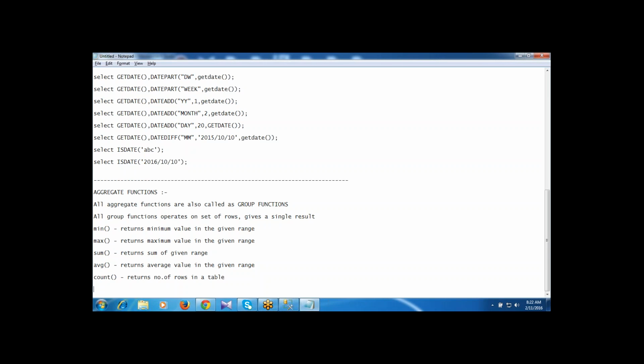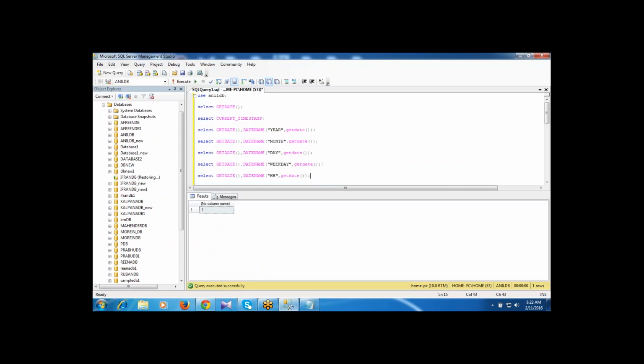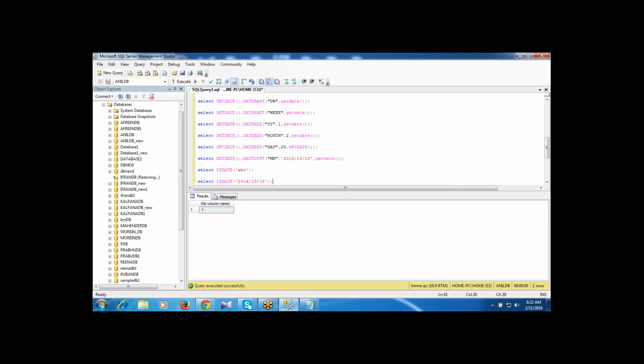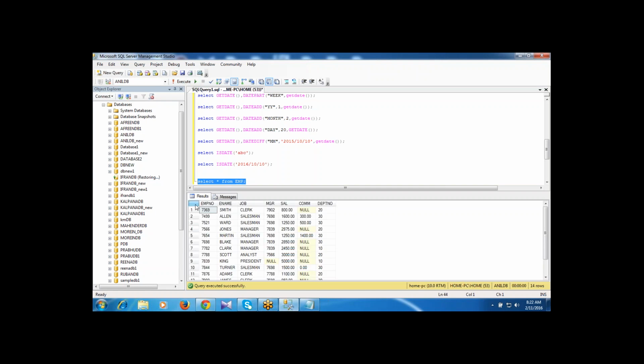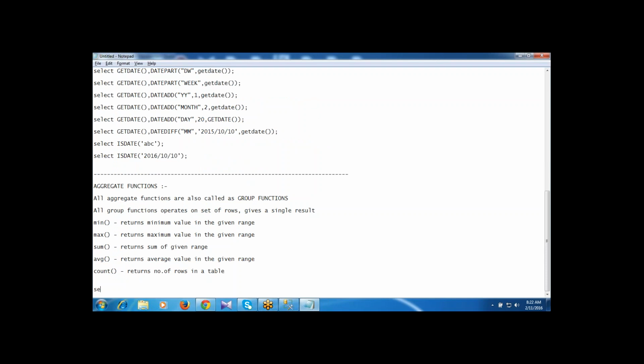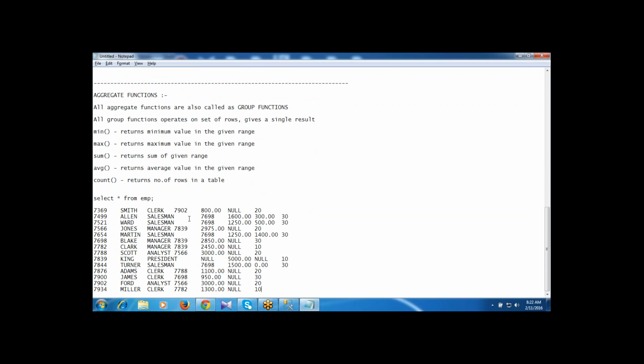Right? So here I'm writing the group functions on the demo table called EMP table. Select star from the EMP table. Here I'm getting the result. Here I'm writing select star from EMP. Then I'm getting the information.